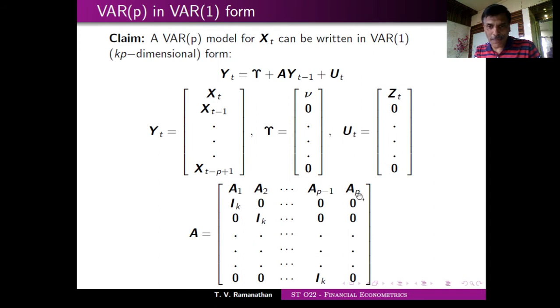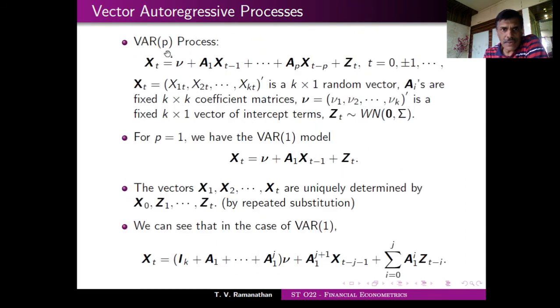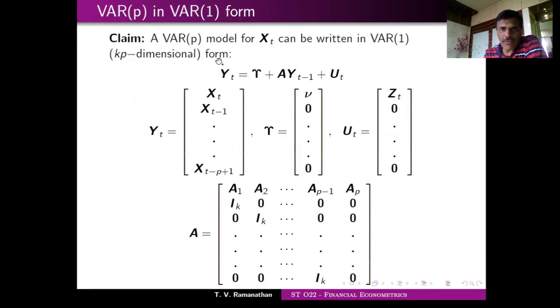So what happened is that you multiply with all these, these are all 0, so when you multiply, they are not going to be there in the subsequent multiplications, because I am multiplying by the corresponding entries, so all these are going to be 0. So what will happen here is I will be able to write what is VAR(p). This is my VAR(p) in x_t. I will be able to write it as a VAR(1). But the dimension is different. In VAR(p), it is of dimension k, and in VAR(1), it is of dimension kp.